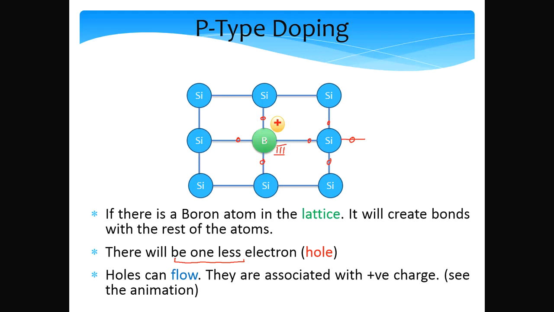The interesting thing is that in this case, holes can actually flow, in the sense that this electron can get transferred over here and the hole can get transferred over here. Similarly, holes can also flow like this, where the hole gets transferred over here and an electron from there comes here. The reason this happens is that inside the atomic world, things are fairly complicated.